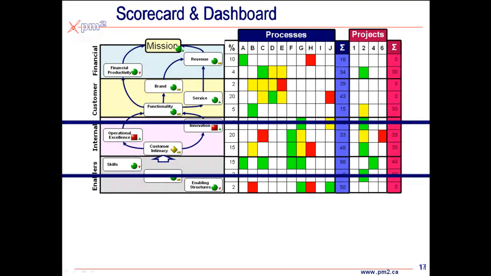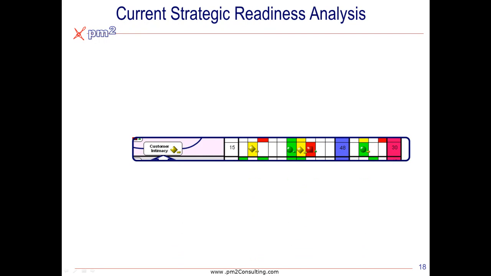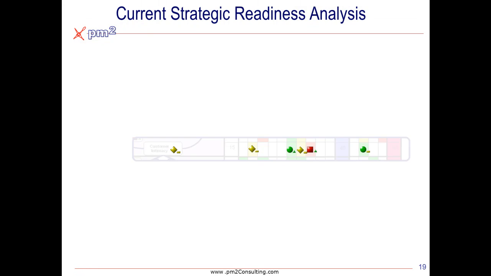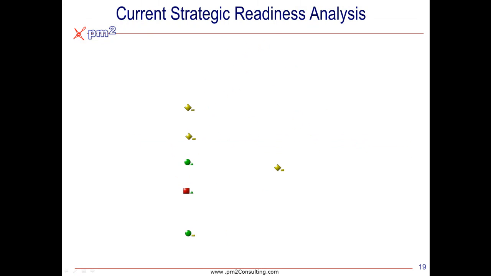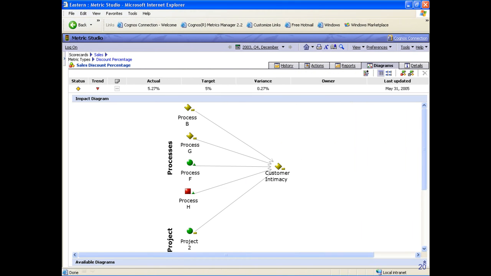Obviously, if I have a performance issue in any one objective, let's say customer intimacy, I should be able to take a look at the performance indicators for the related processes and projects and understand how those processes and projects will link to create that overall objective performance that we're looking for. And again, we need to put this into a snappy carrying case to make it widely available in the organization so that everyone can see the same information that leadership does and make the same decisions.